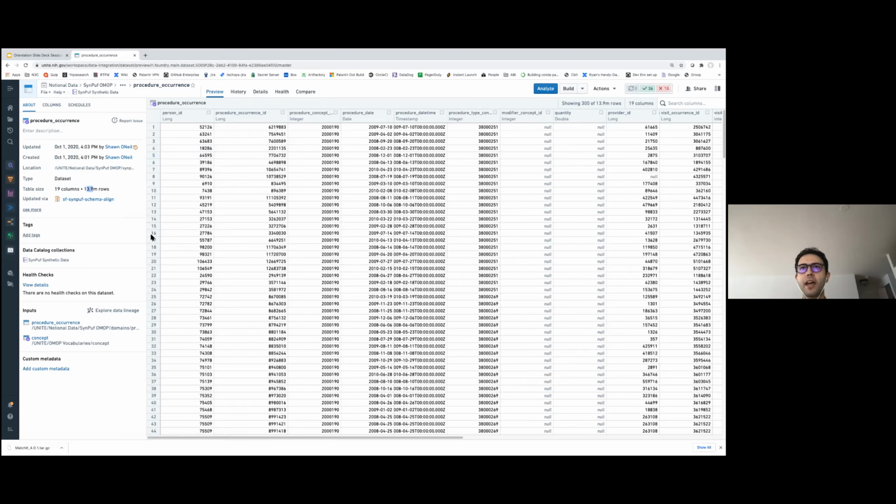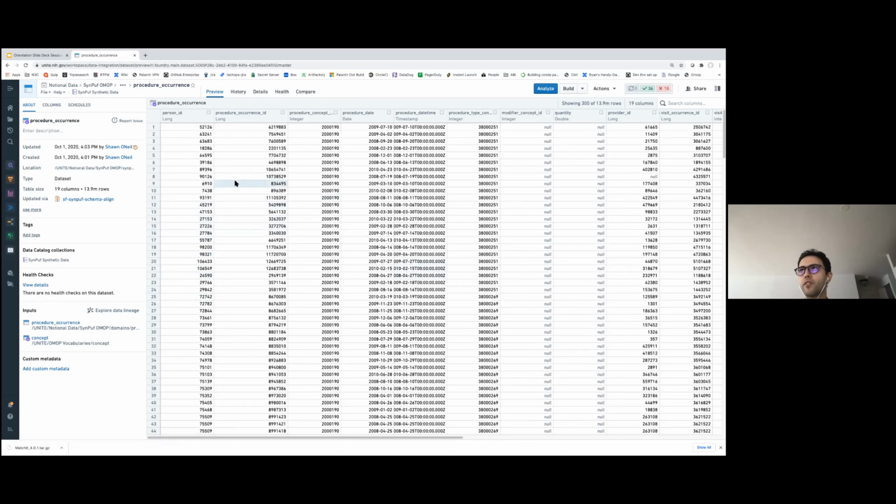And what's useful for provenance is you can see the inputs that were used to create this data set, and you can click on them and navigate on them, and the logic that was used to create this data set. So the logic could be, as we'll see soon, code, it could be a Contour analysis, or different types of logic that would create this data set, but you can see the provenance on this left panel.